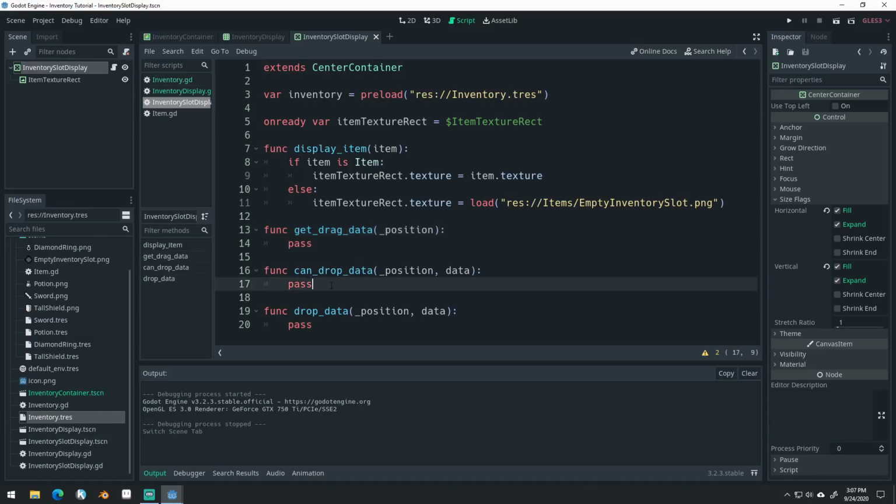So first, let's do can drop data, because this is the easiest one. This tells Godot whether this UI, this control node can accept drop data. Okay? And drop data is usually passed as a dictionary. I don't think it has to be actually, but I usually do a dictionary. That's kind of what they show in the documentation. So we'll say return